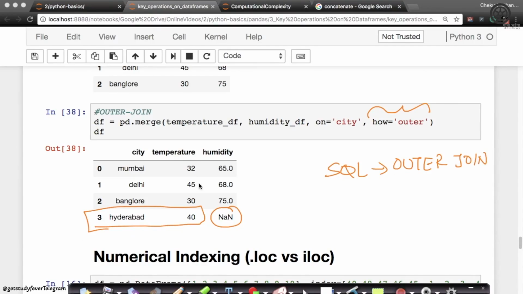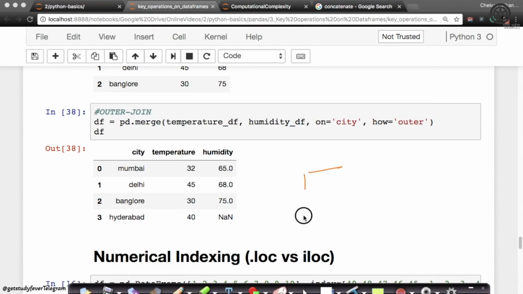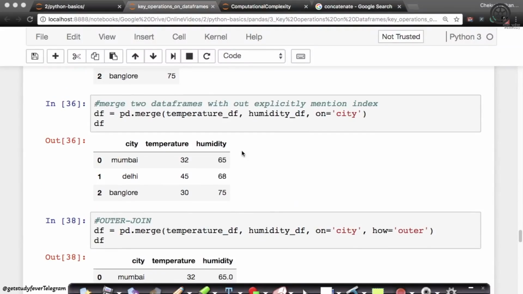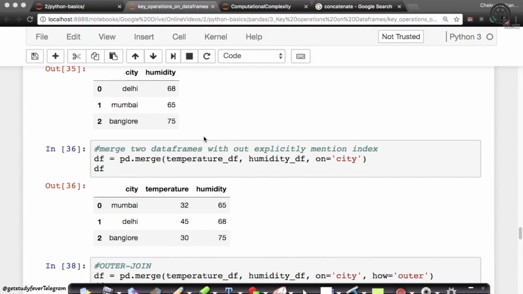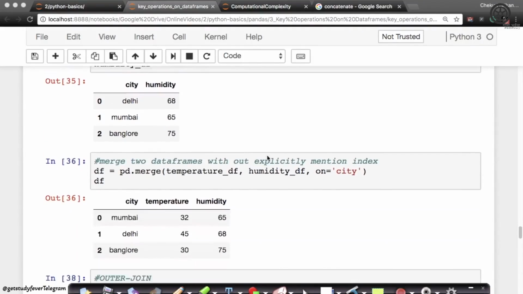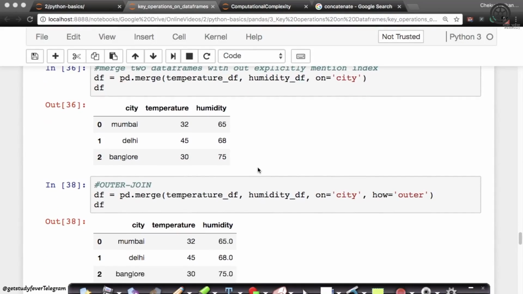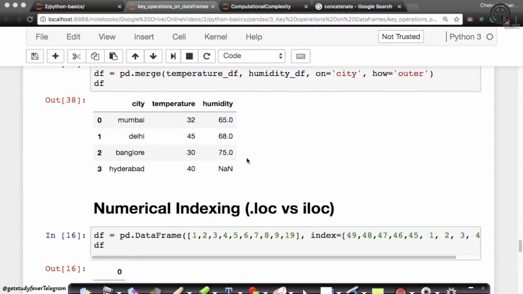Join is basically all about merging tables based on some column name. So if I have a column name city here and city here, I can merge these two tables, and that merging operation is called joins. We have seen a simple join and an outer join. The simple one is actually called an inner join. In database literature, this type of join, where you drop a row if it's not available in one table, is called an inner join. There are many other types of joins in databases, but I'll not go into it right now.